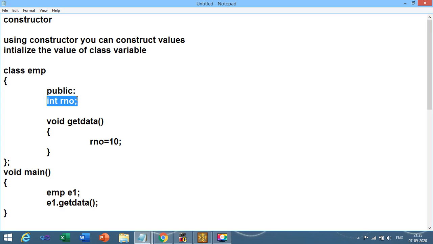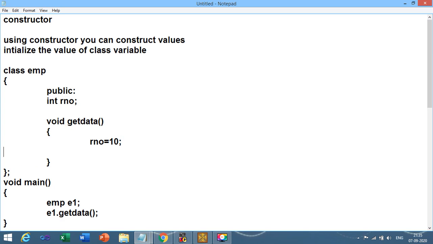Now let us discuss the points about the difference between UDF and constructor. When you use UDF, you can use a return statement inside the UDF. Suppose I want to return the value of RNO, in such cases I can make a UDF like integer get data and return RNO.